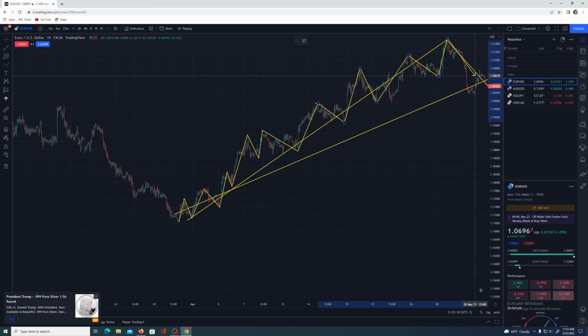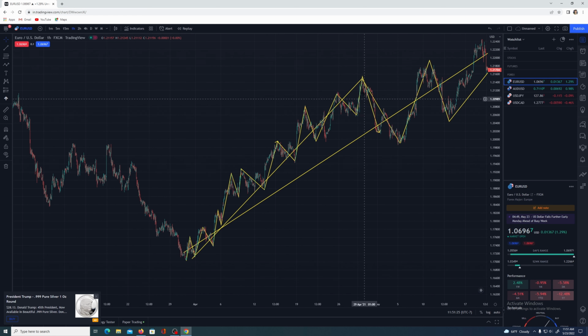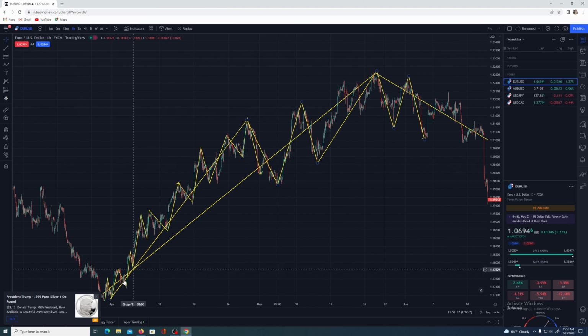And then as we broke structure over here, right, now we can start looking. We know that now the 1 hour has turned bearish for a little bit. A lower high, a lower low, lower high, lower low, lower high, lower low, lower high, and then it fell to create another lower low, and it broke structure to the upside, right? And then continue with the 4 hour higher structure, trend, right? Putting in that higher